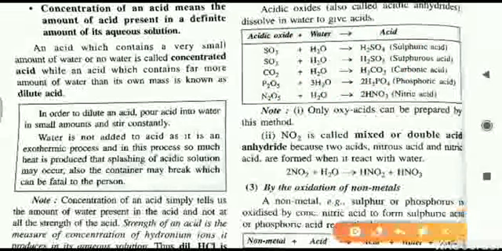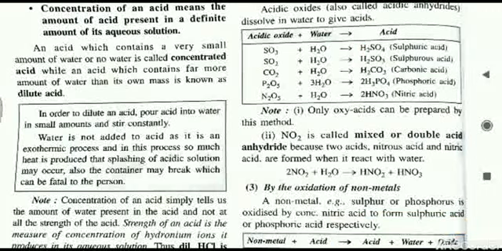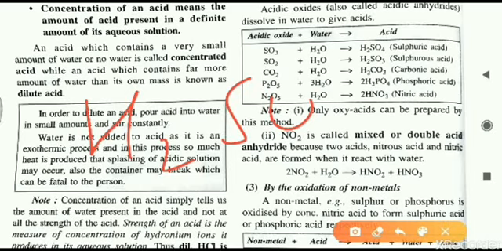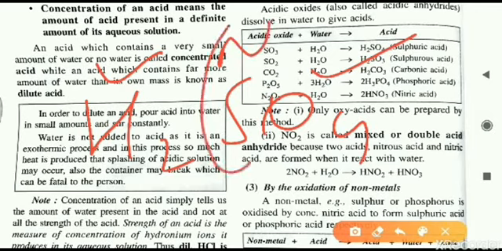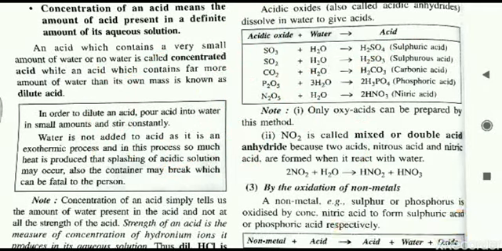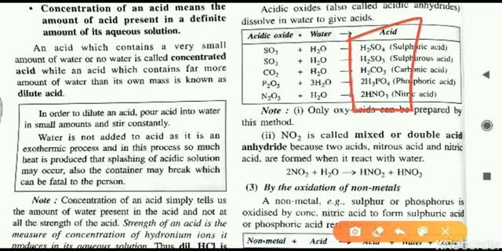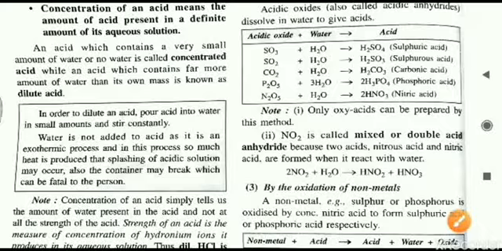All these reactions you can see here, whatever acid is produced here, all these are oxy acids. Just for example, H2SO4, it is an oxy acid. Last class we have seen what is oxy acid, which is containing hydrogen, oxygen and one non-metal atom. In this case it is the sulfur atom. So all these compounds you can see, all these are oxy acids. All are having one hydrogen atom, at least one oxygen atom also, and third thing, all of these are having one non-metal atom also. That is why all these are oxy acids.